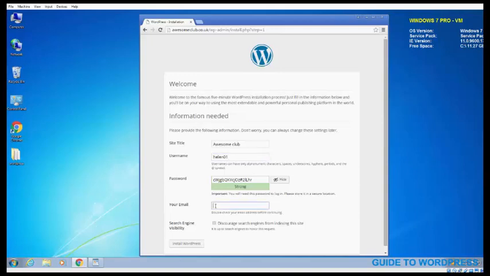You need to put in your email address, and it's important that this is one that works because it's the email address that WordPress will send your password resets to should you need one. And it's a good idea at this stage to tick this box because you don't really want search engines indexing your site when you're still setting it up. Much better to switch that option on when your site is ready and complete. So now we just install WordPress